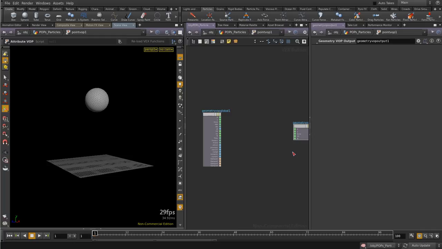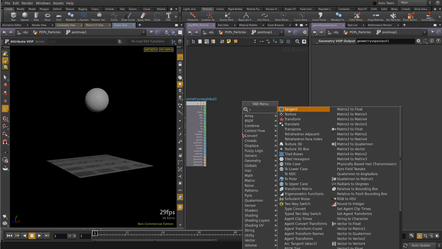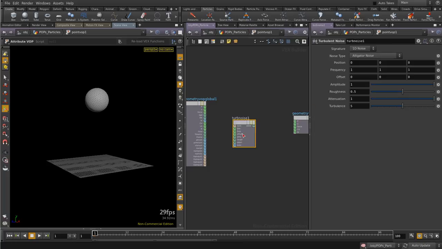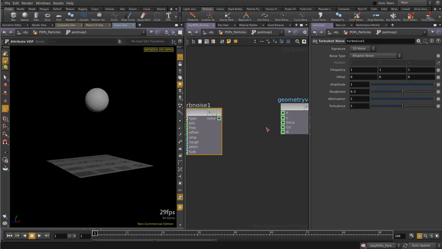It's more similar to the wrangle. It's one interface, one base for the VEX. It's the first tool to create the best situation. For example, I can create the turbulence noise and I connect my turbulence noise. I can connect the position to position, and I can connect position to the position output, or for color